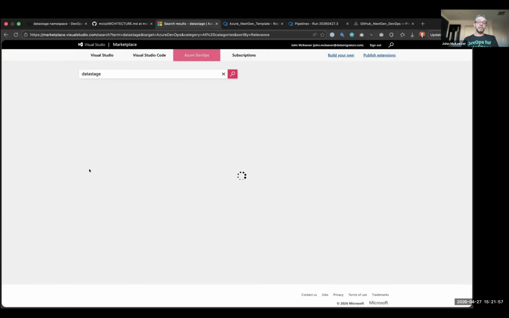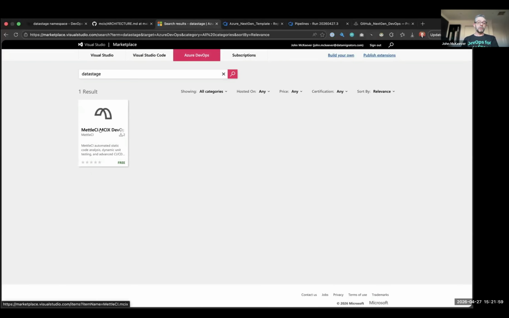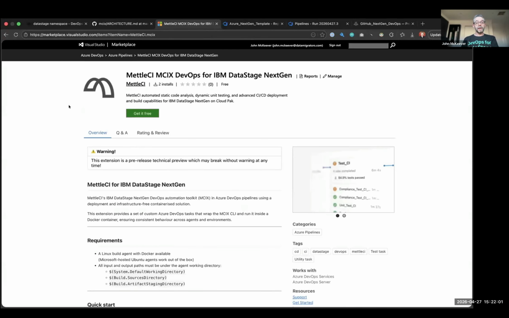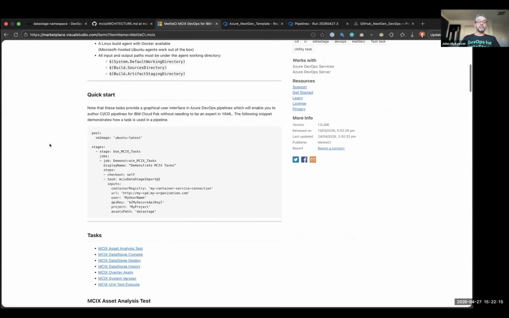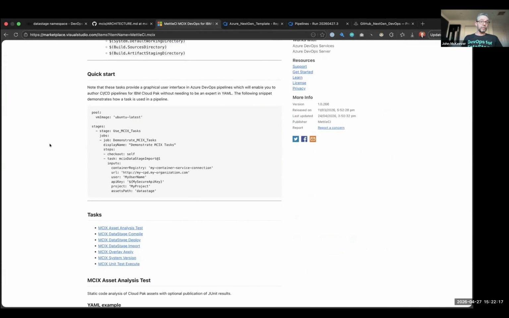I can find an extension for Azure DevOps, the Metal CI, MCIX DevOps for IBM DataStage NextGen. We wanted to make sure we got all the keywords in there so that it was as discoverable as possible. And this is the layer over the container that basically defines a set of native capabilities for your Azure DevOps